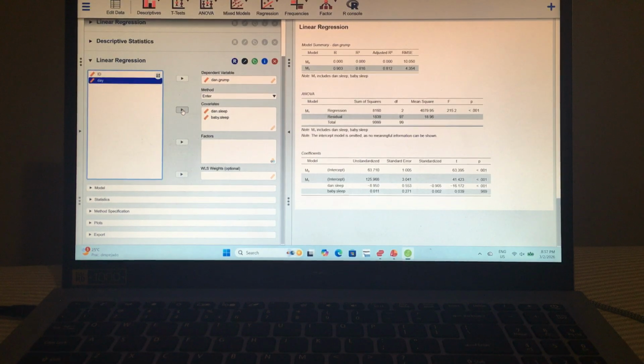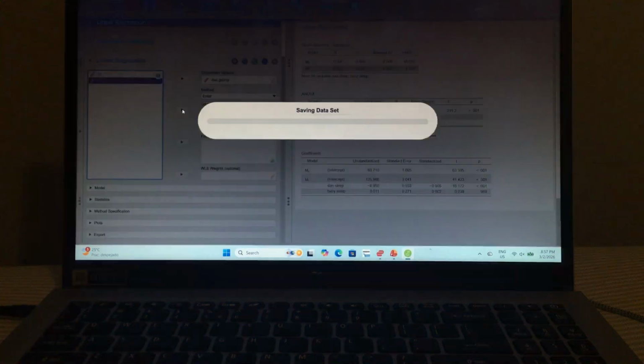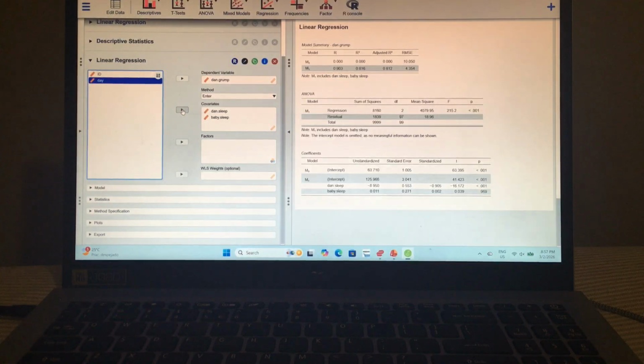So again, let's make sure we did that right. We're interpreting multiple linear regression output, and we moved our Danny's sleep and our baby's sleep to the covariates box, okay? And then we have grumpiness in the dependent variable. So we're at the bottom of page 15, about to jump into 16. So the model summary table, okay, that table at the top,